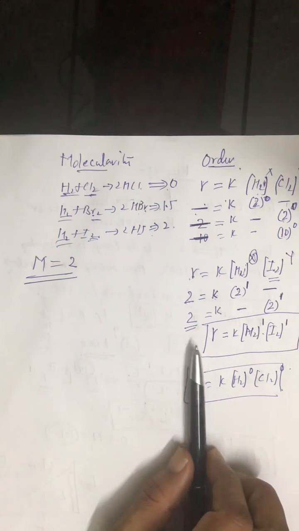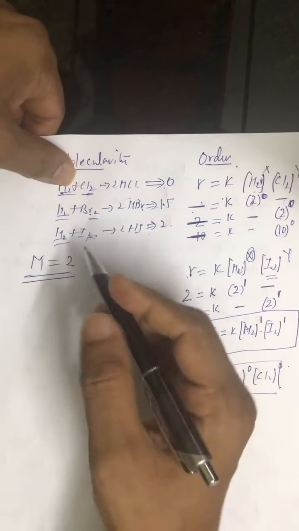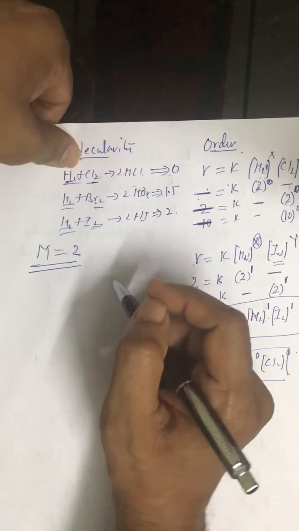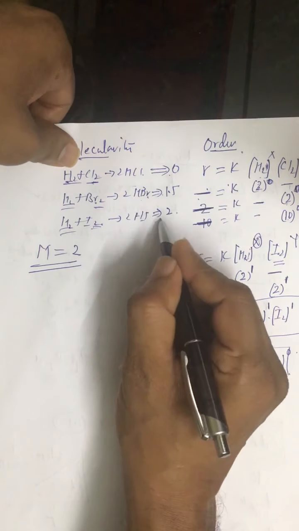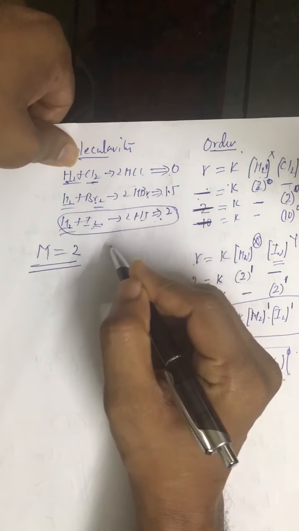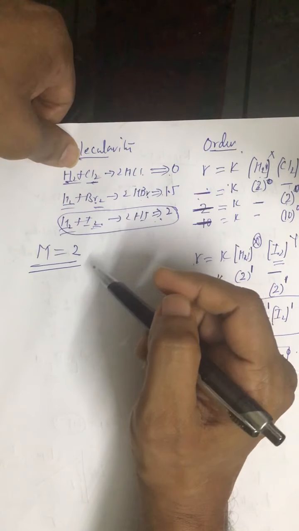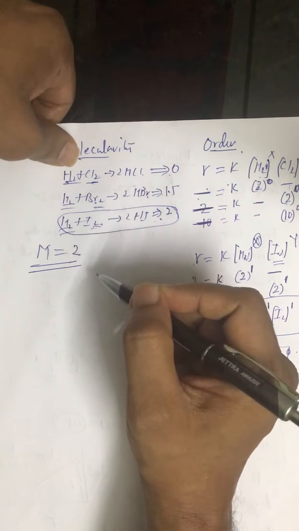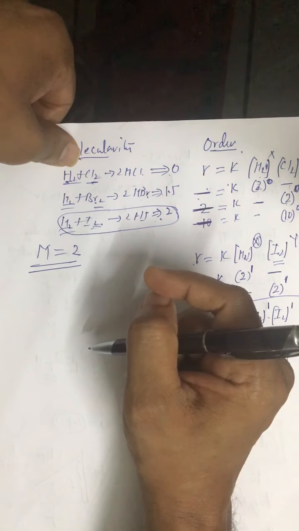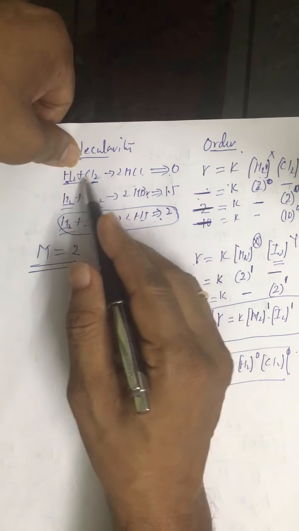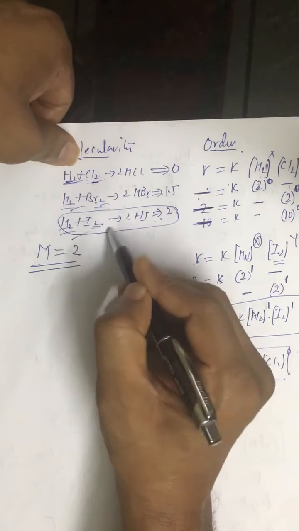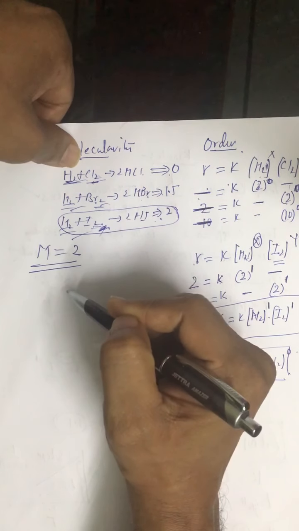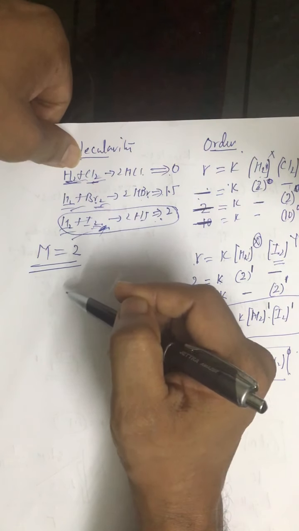All right. So, order of reaction and molecularity may or may not be equal. Like in the third case, molecularity is equal to order. In the first two cases, molecularities are not equal to order of reaction. Now, molecularity is always a whole number, like here it is 2, 2, 2. It is the number of reactants taking part in an elementary chemical reaction.